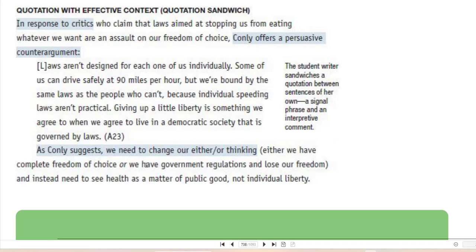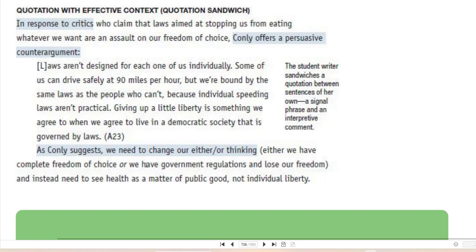So here you have a quotation with effective context, or quotation sandwich. In response to critics who claim that laws aimed at stopping us from eating whatever we want are an assault on our freedom of choice, Conley offers a persuasive counter-argument. Laws are not designed for each one of us individually.